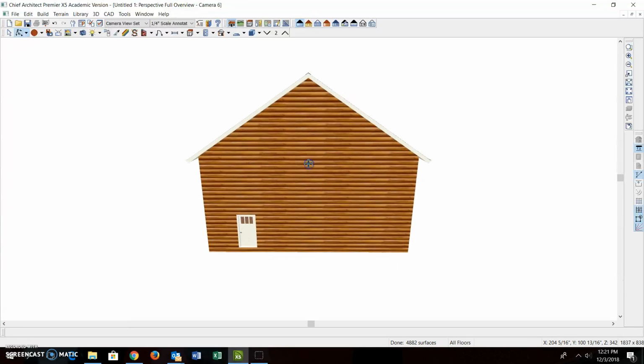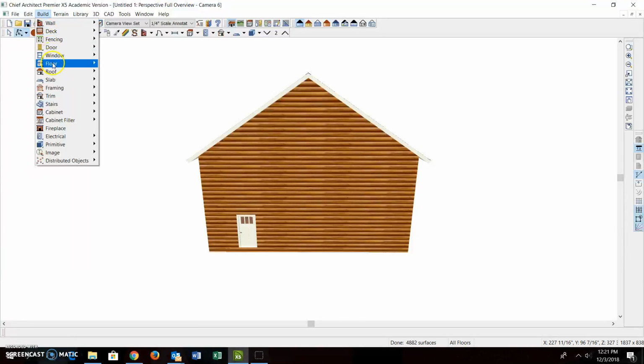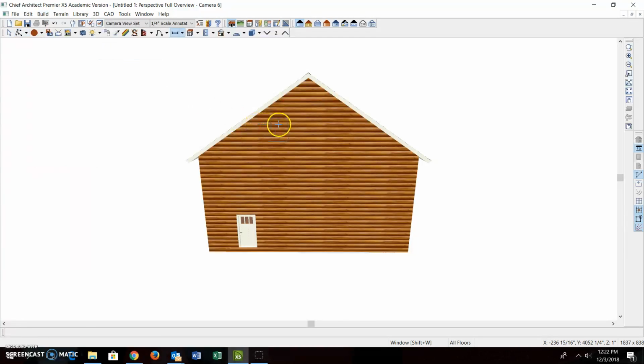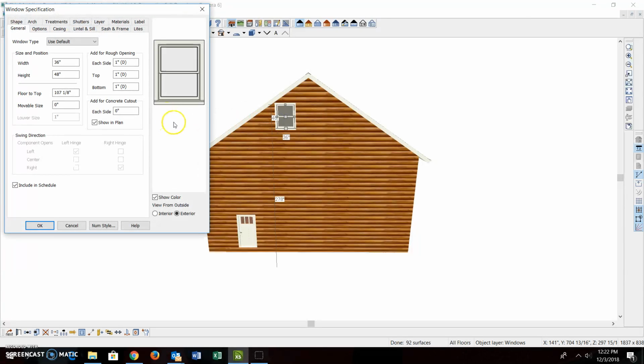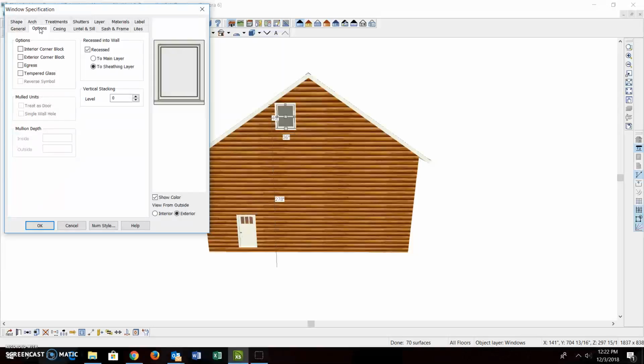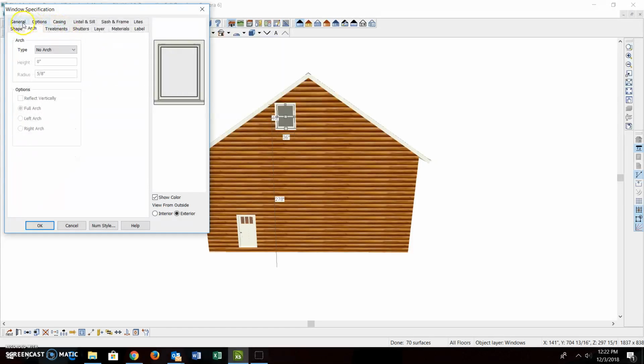Okay, and then let's say I want to put a window in there. So I can go build window, and I could put a window right there. And I'm going to do a couple things to this window. I'm going to make it a fixed glass window. And then what I can do is, if I go to options or arch,